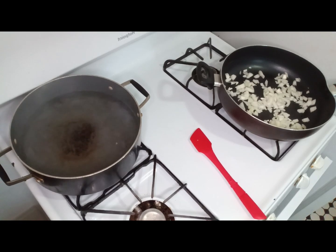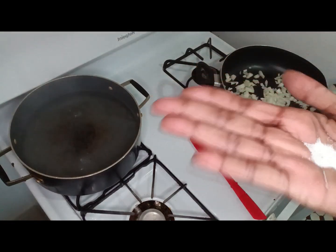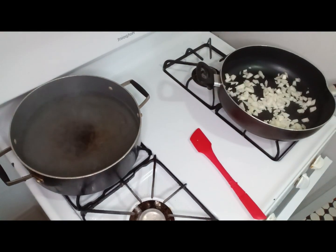I do it to keep my pasta from sticking. And then I also add a pinch of salt to it. Just a pinch. Not much. Just a pinch of salt. Okay. And then I am going to